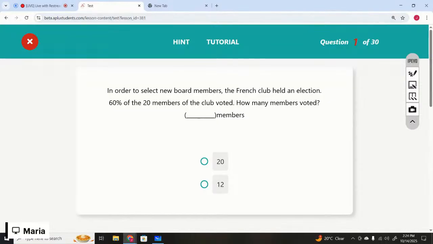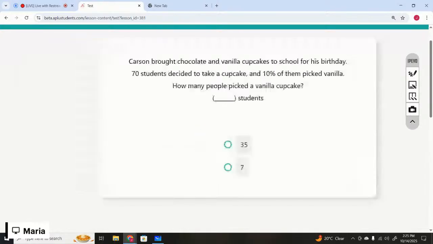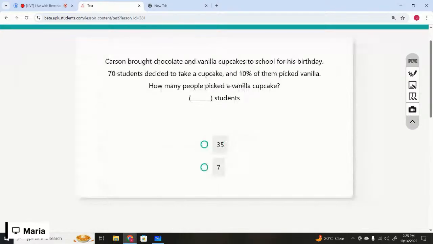In order to select new board members, the French club held an election. 60% of the 20 members of the club voted. How many members voted? That is the one we just did in the tutorial. So the correct option is